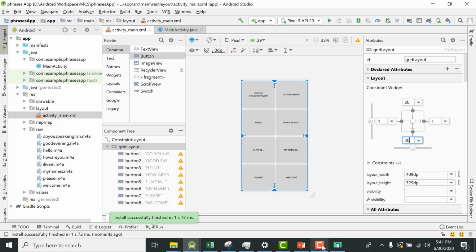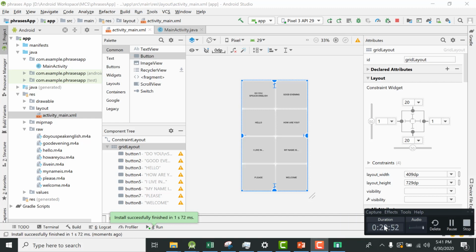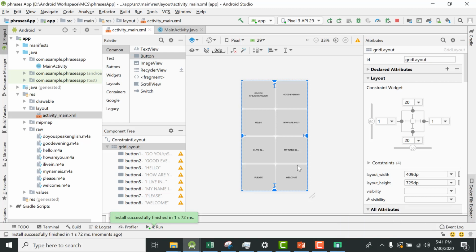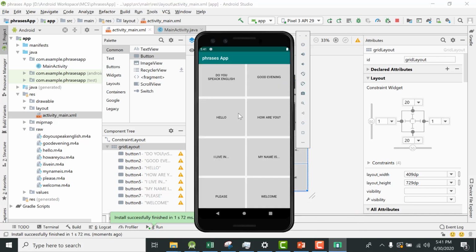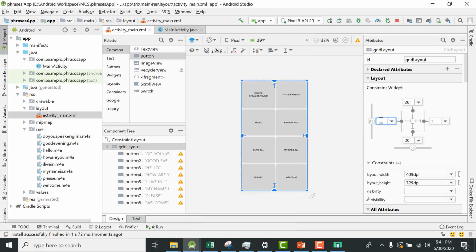Let me check out the time. Okay, so we are almost 10 minutes ahead. All right. So now you see that there is some improvement. Okay, so let me also constrain it.